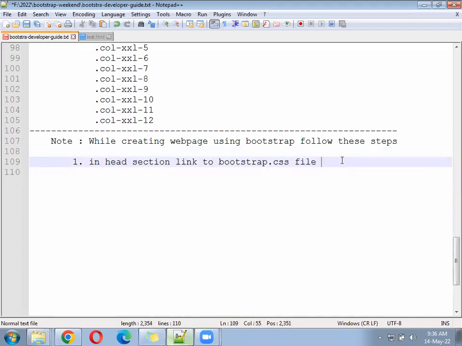Step number 2, follow body tag. Step number 3,